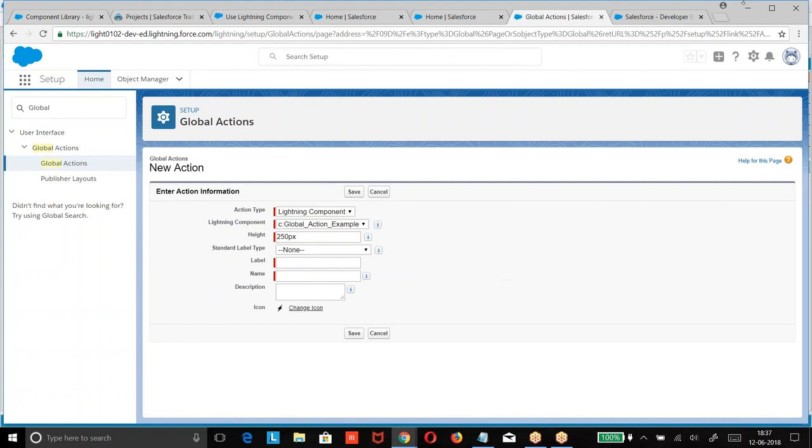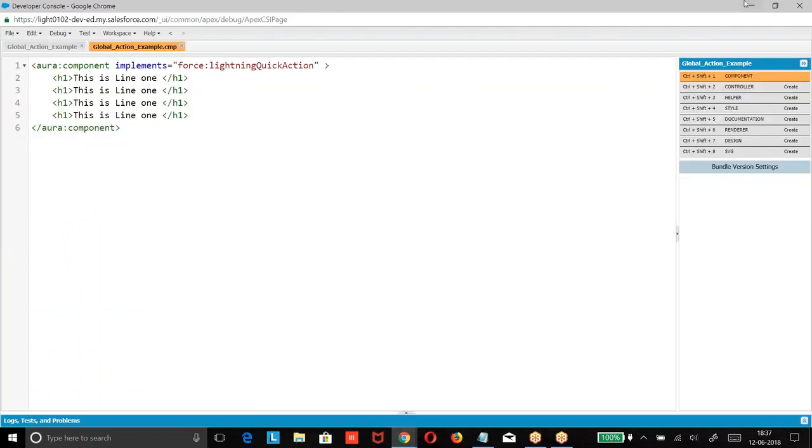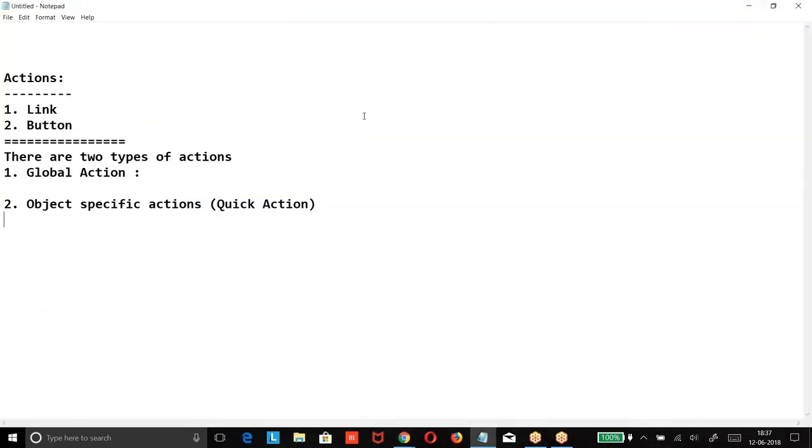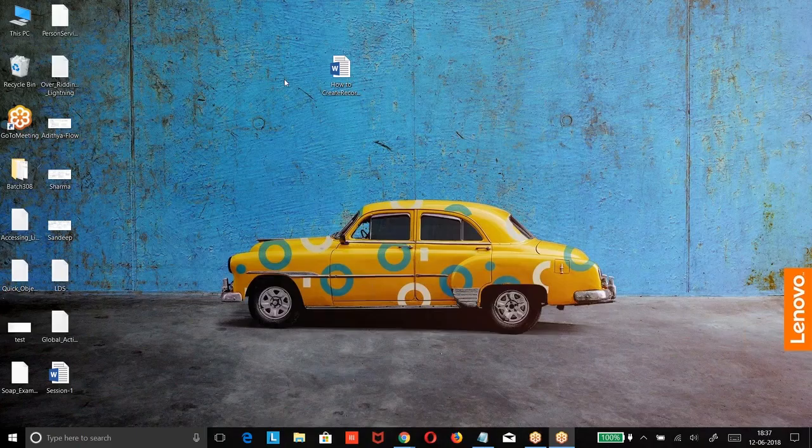Okay. Next, let us go to the next one. We are trying to create an object specific action. So what is this object specific action and how do you perform it? First let us see the basic example, then I will give a use case.